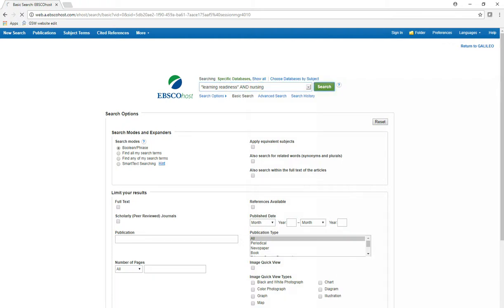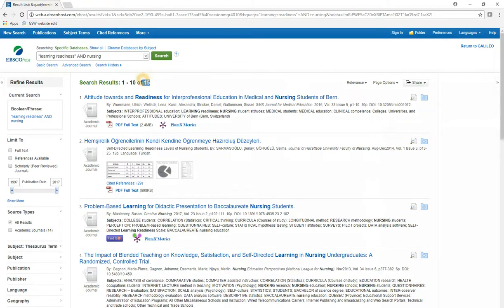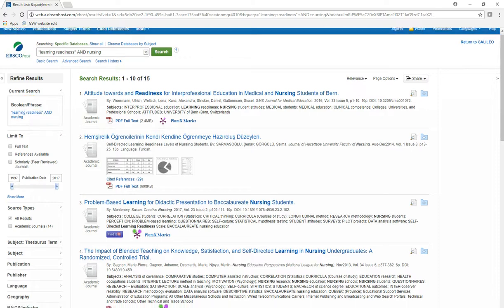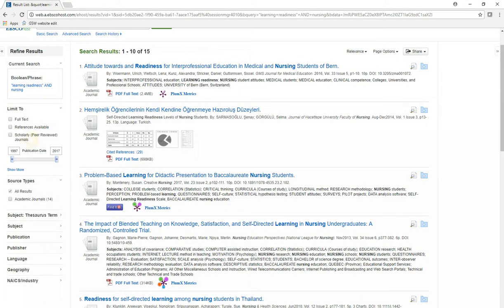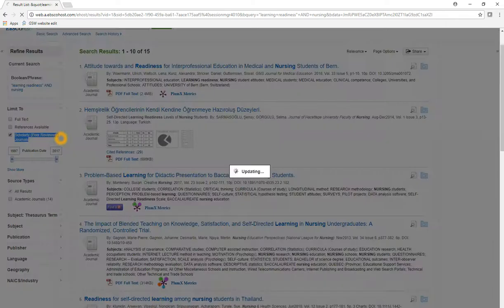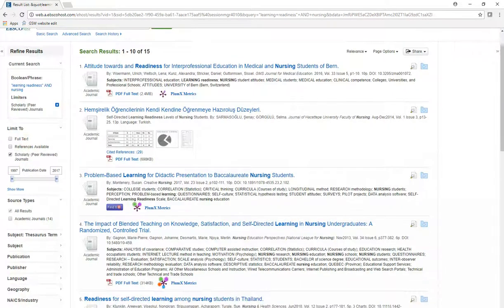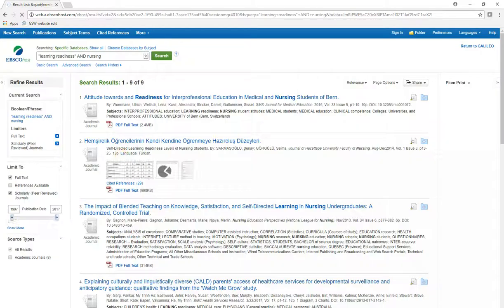and I'll hit search. So right here I have 15 results, pretty much the same as ProQuest. The only difference is that right here I would need to indicate I want scholarly peer-reviewed journals. Check that box there. You want full text in this case, so we got 9. Alright, so